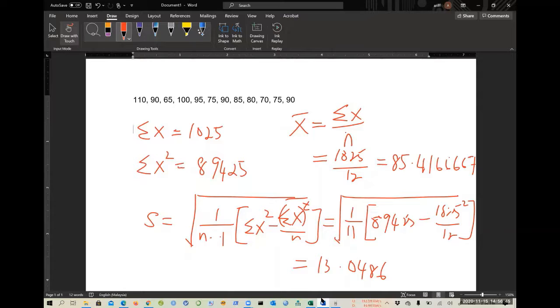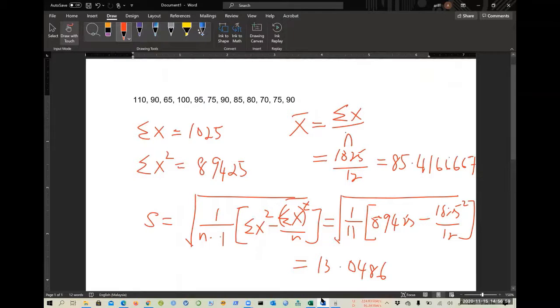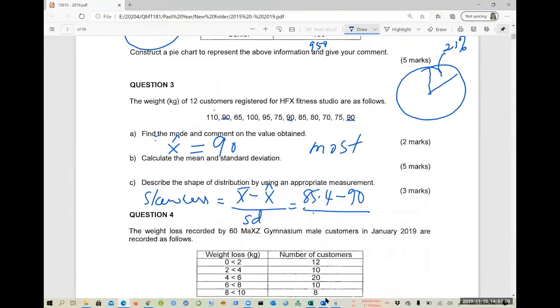Okay, just take 85.4. You have 85.4 minus your mode value, which is 90, so divide by the standard deviation, which is 13.0486. When you calculate this one, you should get the value to be...